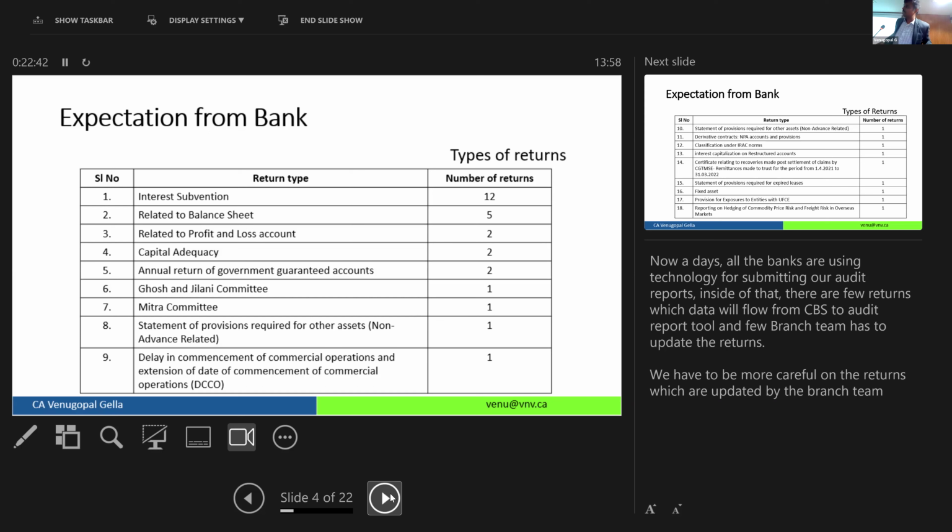Now most of the time, by the way, all these certificates are generated by the bank and they have a workflow system. Some clerk in the branch generates that certificate. It will be pushed to the central office. Actually the clerk is also not preparing; everything is parameterized.